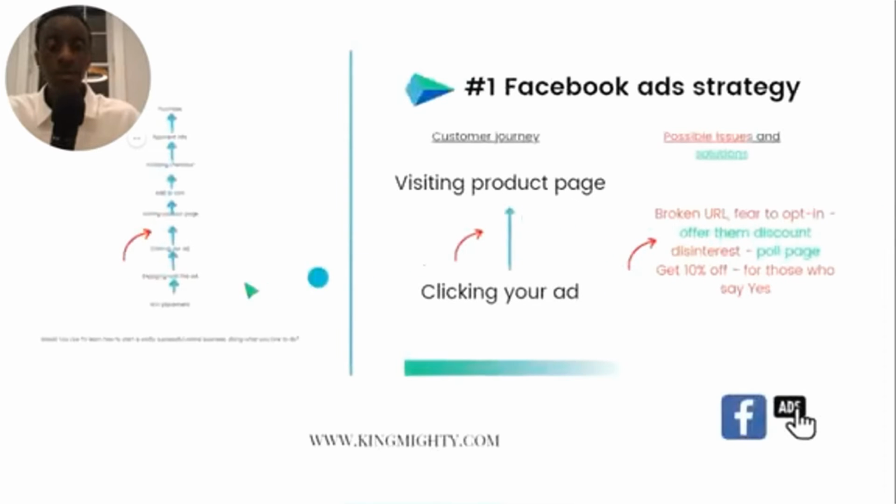So the next step is here, which is visiting the product page. Somebody clicked and they visited the product page. What could prevent them? It could be a broken URL. It could be fear to opt in. For fear to opt in, offer them a discount, right? Offer them a discount. And when you offer them that discount,